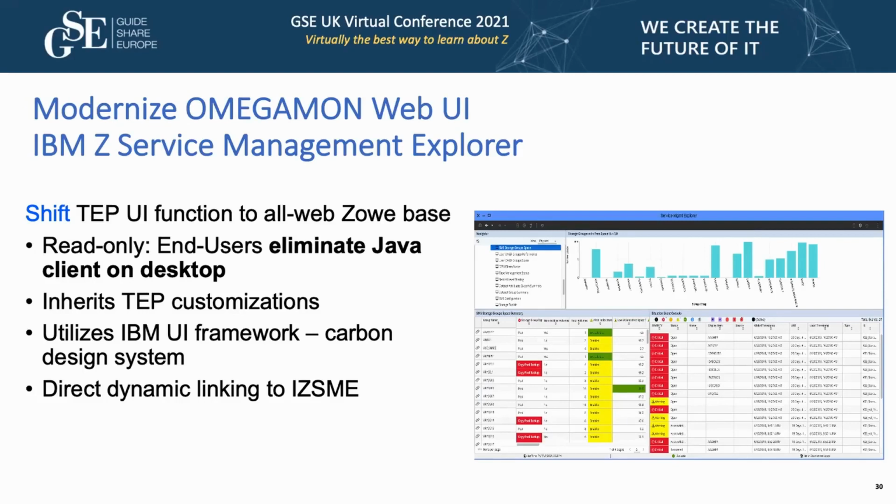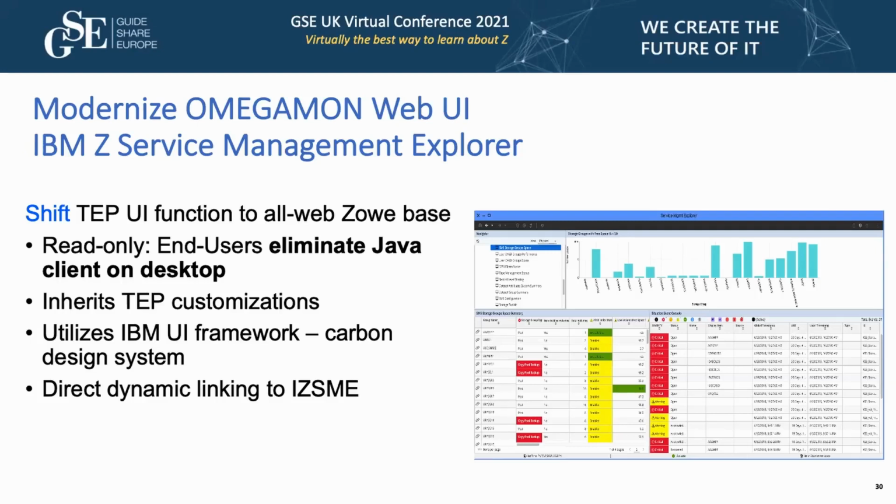It inherits all of your TEP customizations automatically. It utilizes the IBM Carbon design system for UI, so the widgets look a little bit better, a little bit more modern on the workspace. But if you know how to use TEP, you will have no problem